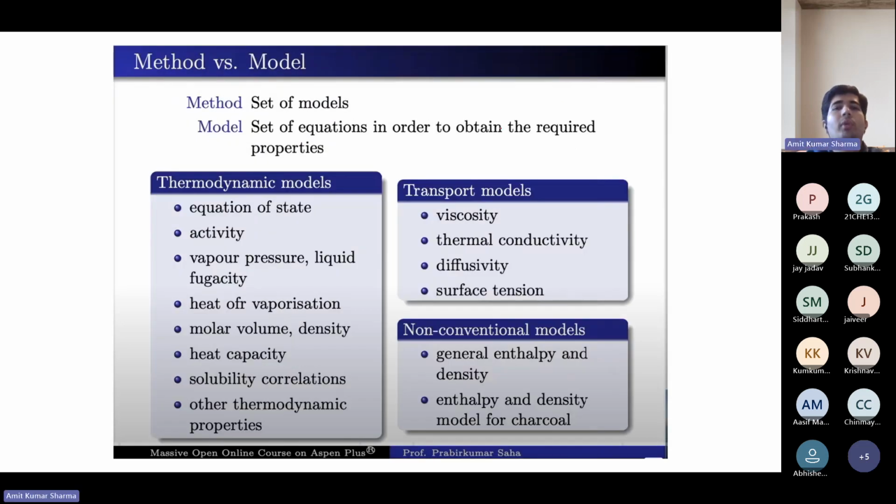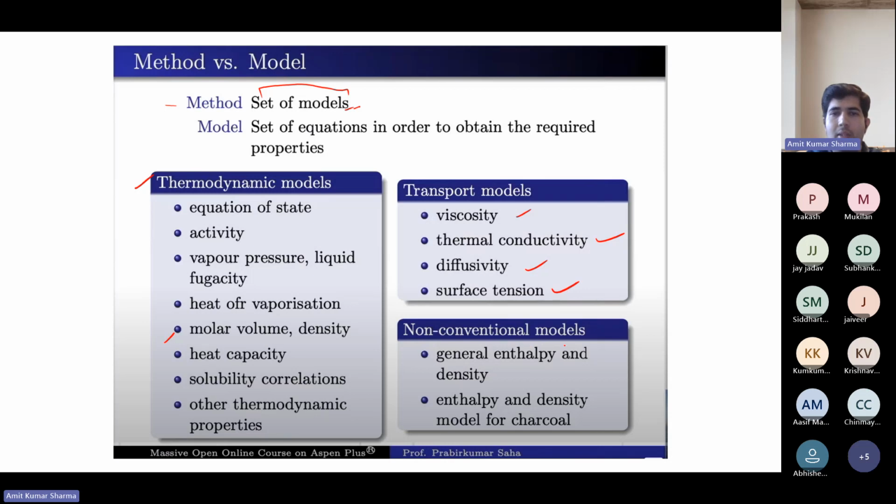So what is a method versus a model? A method is a set of models, and a model is a set of equations. So a method has multiple models, and each model has different equations. For thermodynamic models, we have equation of state, activity, vapor pressure, liquid fugacity, heat of vaporization, and molar volume density. For transport models, we have viscosity, thermal conductivity, diffusivity, and surface tension.